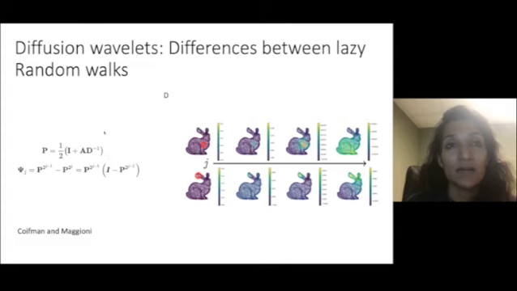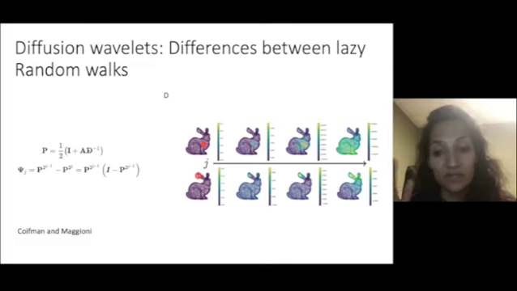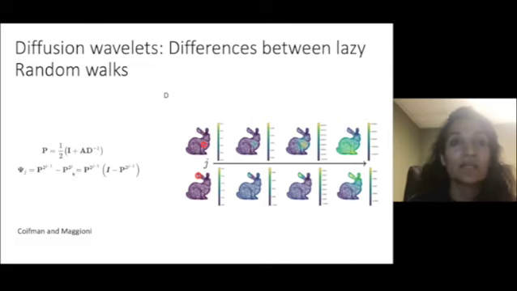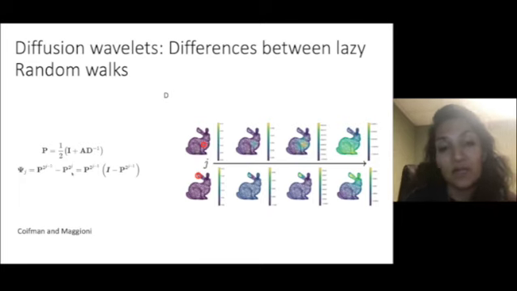Take this lazy random walk operator, which is basically an average of an identity with your original Markov operator, raise it to dyadic powers, and take their differences, and that gives you a whole dictionary of these wavelets, and you can localize them by multiplying signals that are Diracs at different vertices with them to get your whole dictionary of wavelets. And this was proposed in a paper by Professors Coifman and Maggioni about 10 years ago,